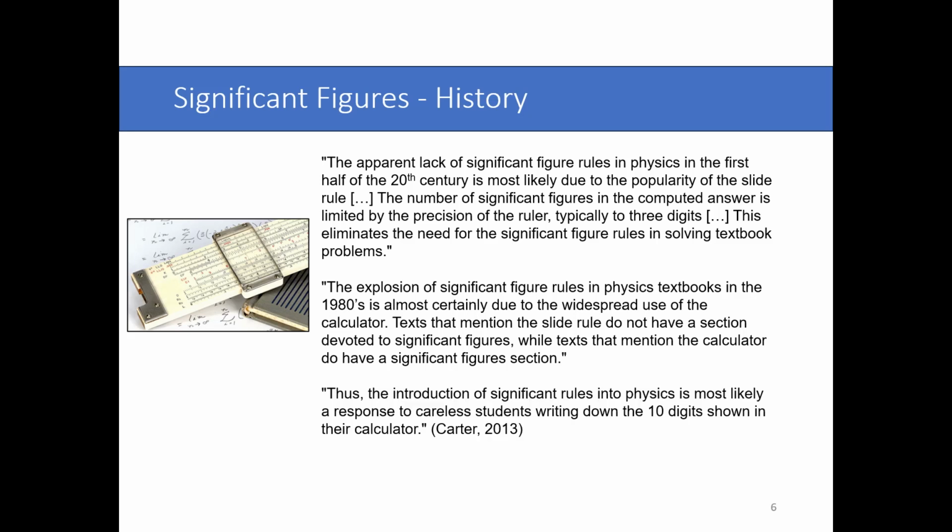And she concludes, the introduction of significant figure rules into physics is most likely a response to careless students writing down the 10 digits shown in their calculator. Now, it has to be noted that Dr. Carter works in the field of physics education. What about chemistry education? Well, if you search through the chemistry education literature, you find a lot of these same